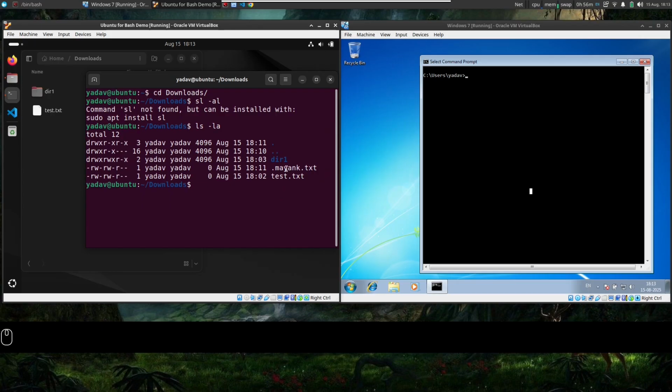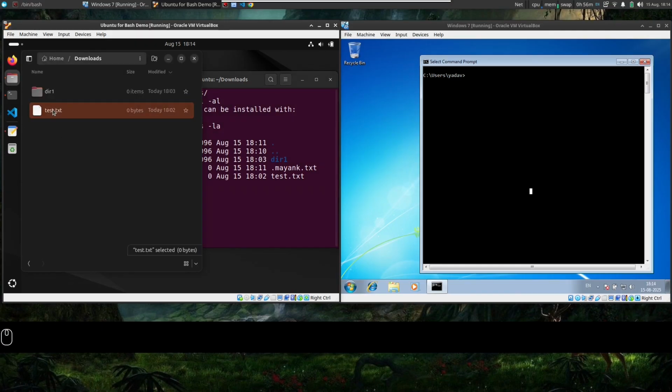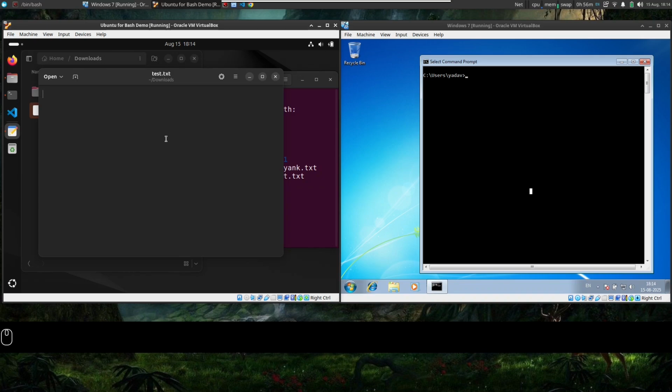Now, if I want to put some text inside this file, what can I do? There are interactive text editors. If I double click on it, see, the operating system figured out a software appropriate for this file extension.